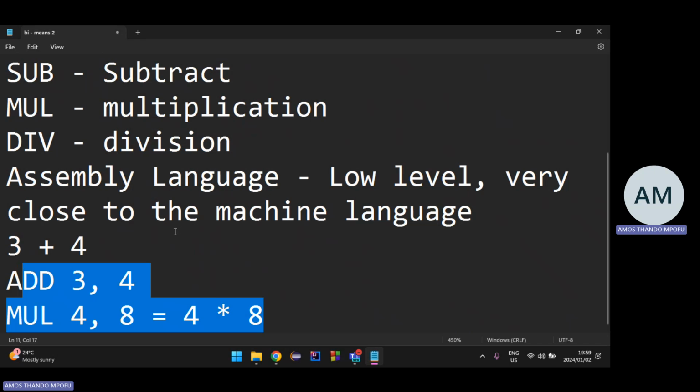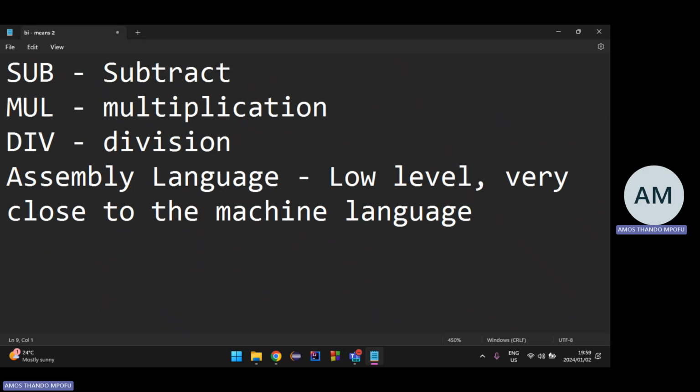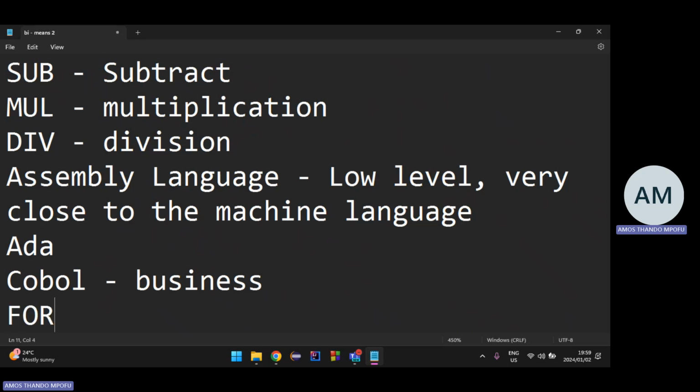That's when they invented other languages that were more sophisticated. They didn't rely on you knowing how the computer is built. That's where we had languages like Ada, and COBOL, which was made for business people. Then there's Fortran, which was made for mathematicians.